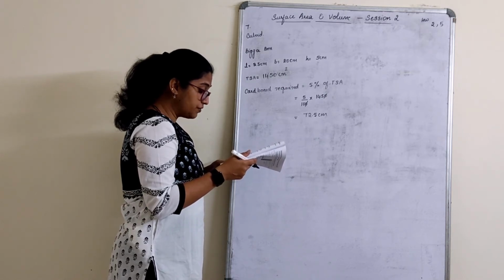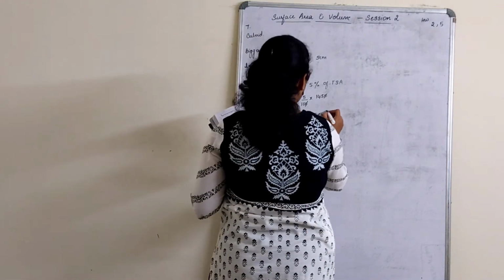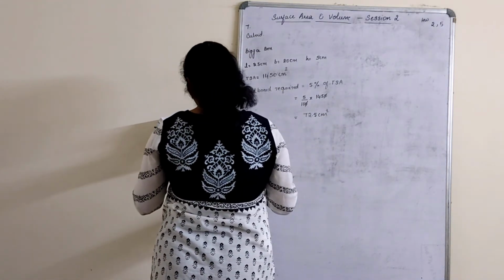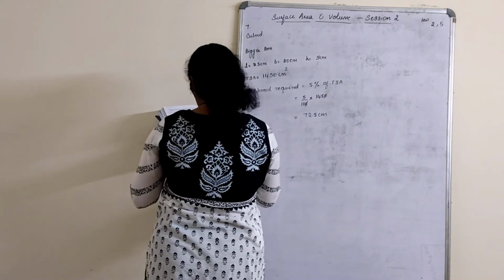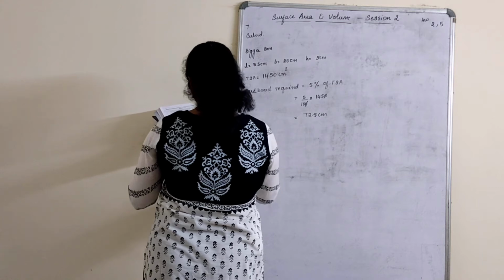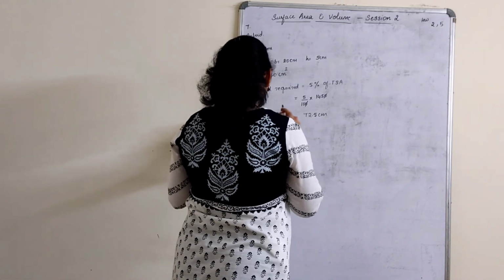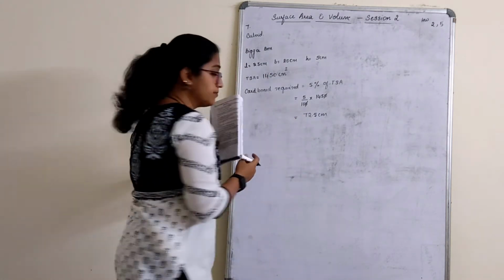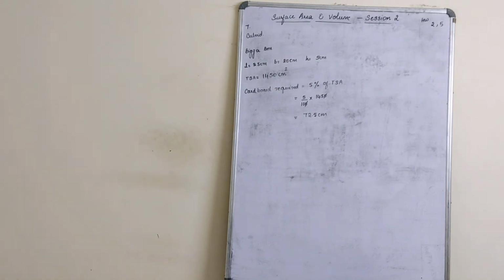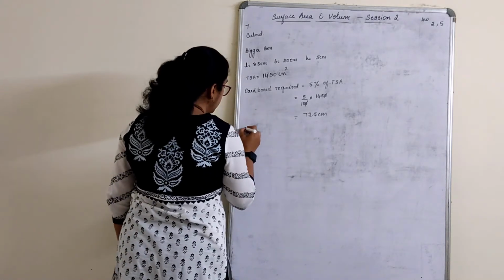Next part, you see what they have asked again. If the cost of the cardboard is rupees 4 for 1000 centimeters square. So what we have to find here now is the net surface area. The cost we can find later, because they have asked to find the cost of supplying such 250 boxes. So this is the cardboard required. So net surface area.